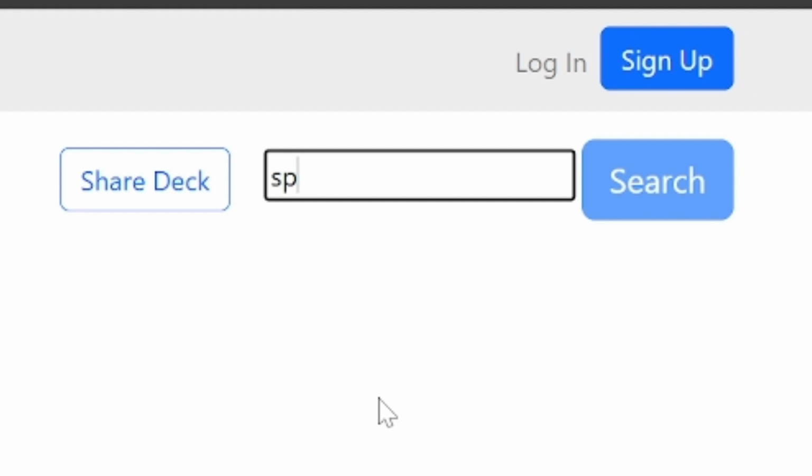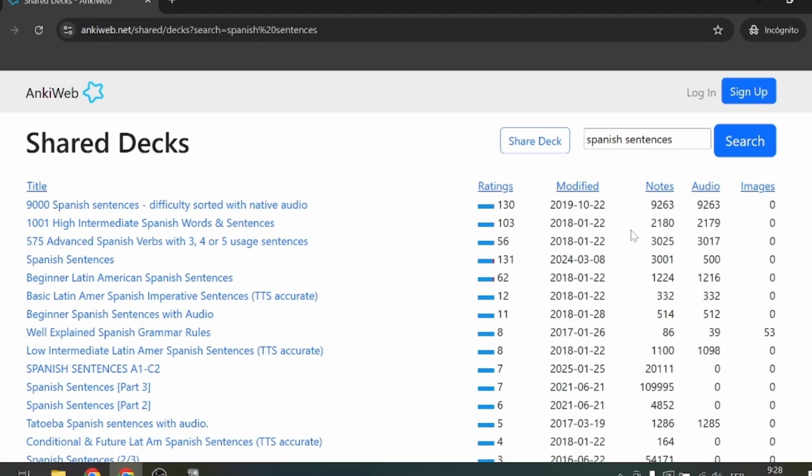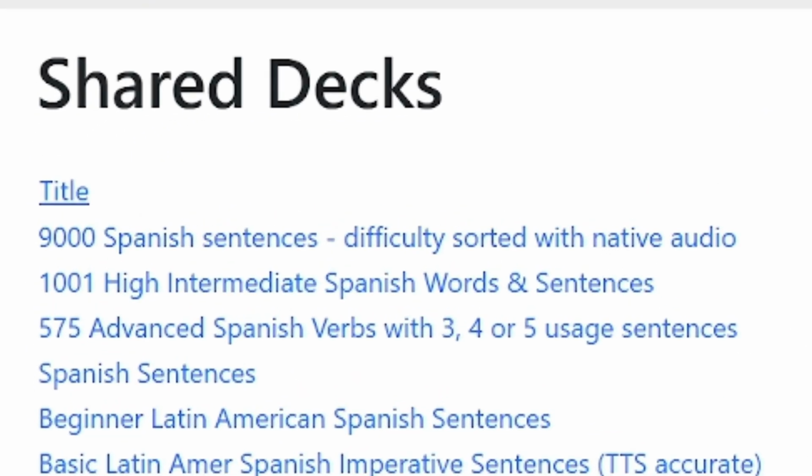A good search would be something like Spanish sentences. You can find decks with thousands of the most common words, often complete with native audio and example sentences. Find one with good ratings and a few positive reviews, like this one right here.